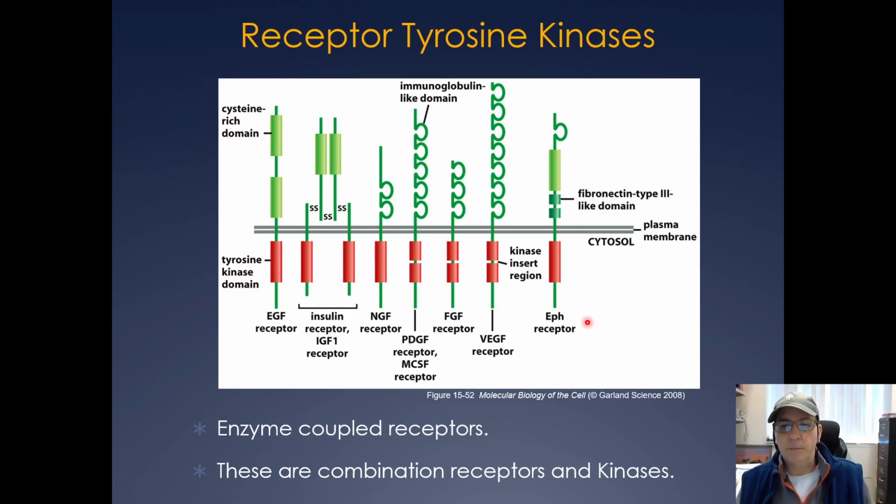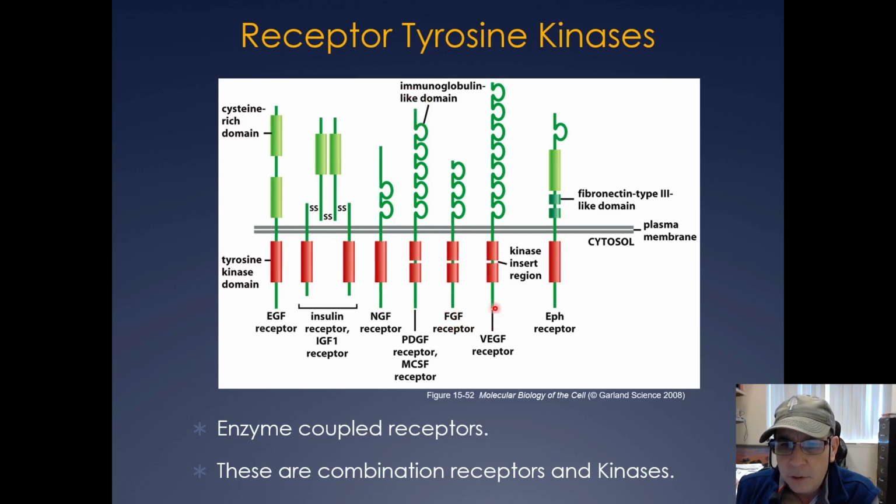Now on to receptor tyrosine kinases. So these are another family of receptors that cells use. There's a whole bunch of them. The EGF receptor, epidermal growth factor, has a cysteine-rich domain, which binds the ligand, and then a tyrosine kinase domain. You have the insulin receptor, the NGF receptor, the platelet-derived growth factor receptor. These have immunoglobulin-like domains. The fibroblast growth factor receptor,